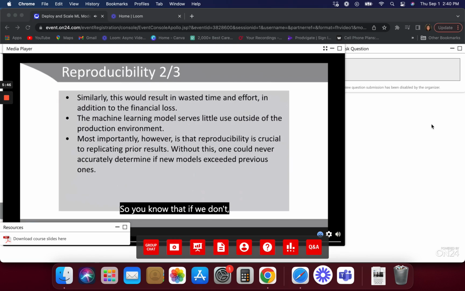So if we cannot reproduce results, then it can lead to financial loss, wasted time and effort, and unfortunately, the model will not be really useful. Okay, especially if, like we said before, we want to replicate prior results. Otherwise,